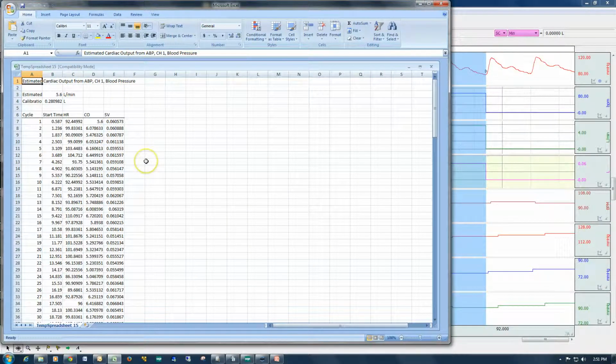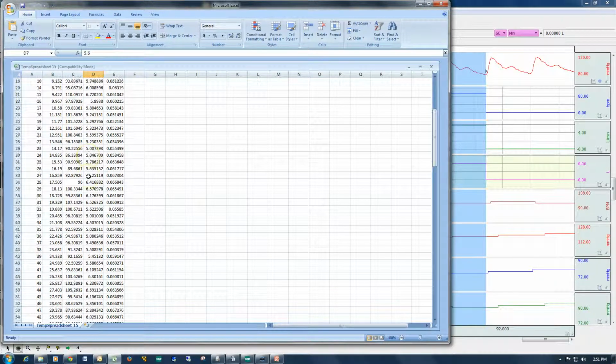Once I've selected that, the software runs through and it provides the calculations. So I had the preferences set to provide new channels and to output the results to a spreadsheet. In the spreadsheet view, we have the values on a cycle-by-cycle basis: the first cycle, the start time, the heart rate, the cardiac output and the stroke volume. The cardiac output starts at 5.6 because that was the estimated value that we put in. Now you can see the values changing as the subject is breathing in and out,